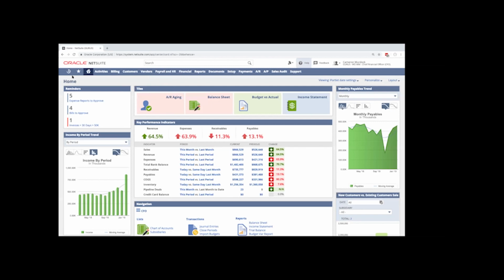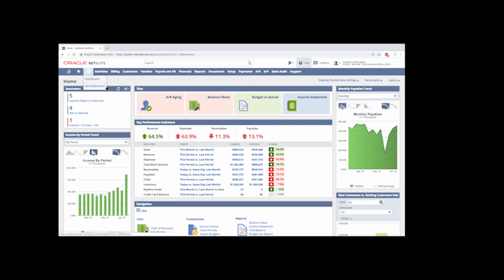The next bar here is the navigation bar. And it starts with the recent records breadcrumb trail. So whether I want to review a recently accessed bill or invoice or sales order, I can do it from here. The next would be the bookmarks list, which is also configurable by the end user. So I can change this myself even after administrators have given me access. See, the income statement and balance sheet are similar to these dashboard tile shortcuts I see here. And I'm on the home dashboard right now.